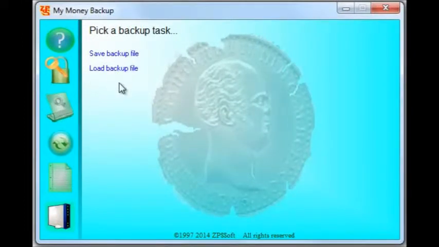So one more time, the thing to remember is that the backup files are automatically saved with the password that you currently are using to open My Money, and you need to remember that password if you want to load the backup file in the future. Backup files once monthly,